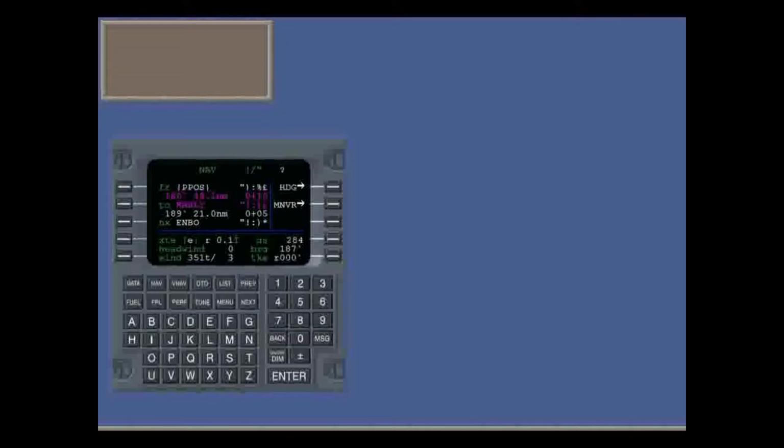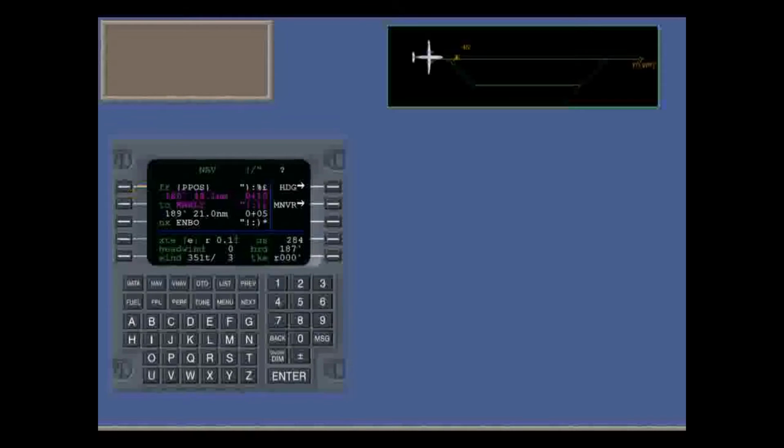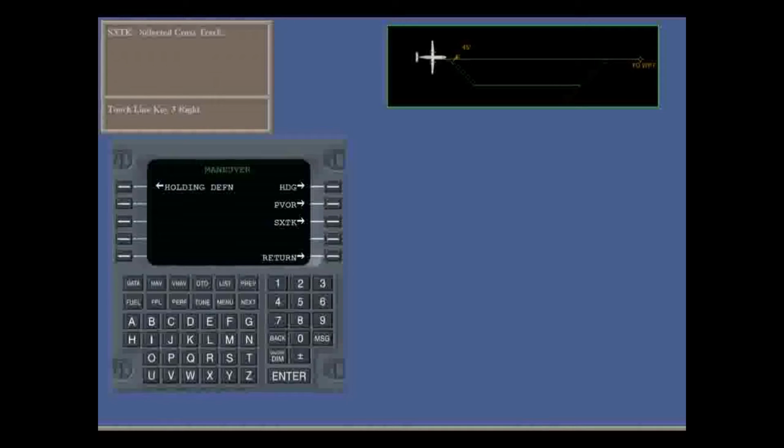We're flying on the FMS out of Skagen and have been cleared by ATC to go direct to Cali, so we used the Direct To key. And the nav page shows present position to Cali. ATC have now warned of bad weather ahead and cleared us to a parallel cross-track 3 miles to the right of the current track. So select the Maneuver line key.